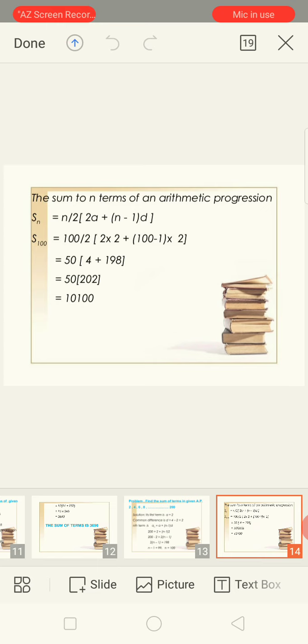Next step, the sum to n terms of an arithmetic progression. Using the equation, sum of n terms in AP is equal to n by 2 into 2a plus n minus 1 into d. So S100 is equal to 100 by 2 into 2 plus 100 minus 1 into 2, is equal to 50 into 4 plus 192. Next step, 50 into 202. So answer is equal to